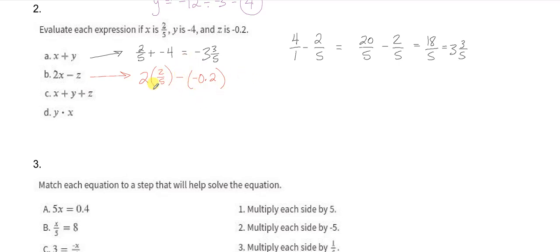In this, we multiply first, so we want to do 2 over 1 times 2/5. So 2 over 1 multiplied by 2/5. That equals 4/5. And since that equals 4/5, we want to subtract 4/5 by a